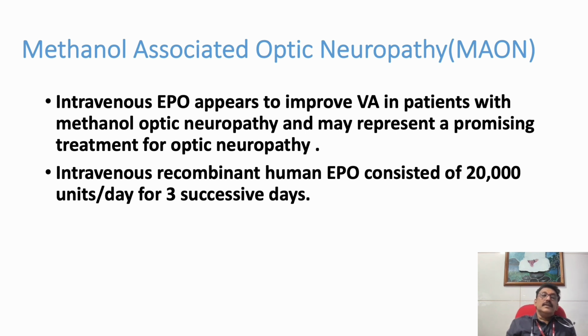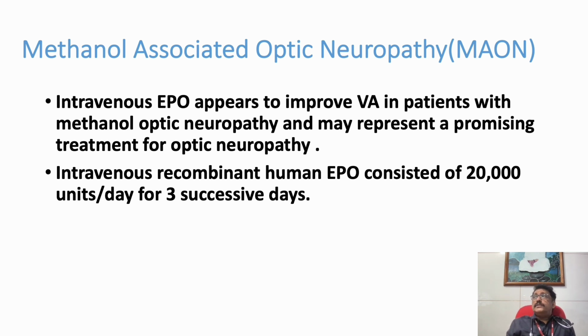You can use erythropoietin. Actually, we use erythropoietin in patients who have anemia in renal failure. But here we are using it for a separate purpose. In anemia and renal failure, we can give 4,000 or 5,000 international units subcutaneous. But here we are giving 20,000 international units per day for 3 days through the intravenous route. That is the main difference. We have to give it intravenously, and it is a very high dose. Okay, so it can be tried.